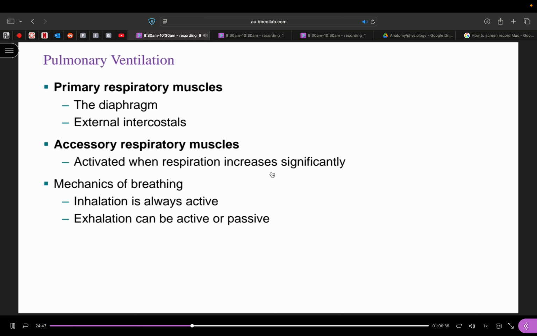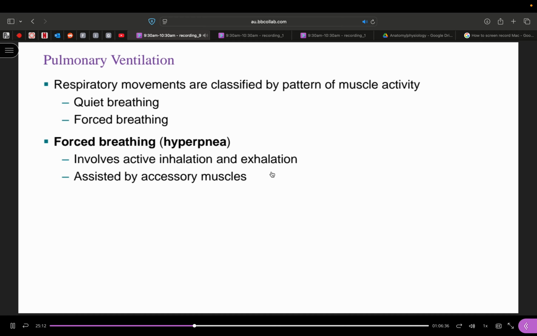So when we have your respiratory muscles, you have what we call your primary muscles. That's the diaphragm and the external intercostals, but then the accessory muscles get activated when we need more forced breathing and all this stuff as well. Inhalation is always active. Exhalation can be active or passive. And what we say with that is that when we refer to active or passive breathing, we're referring to